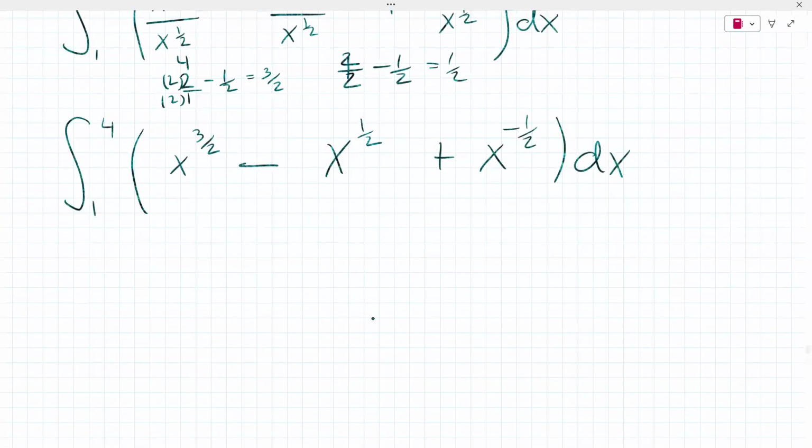Okay, and then you just take your integration rule. So what's the integration of x to the 3/2? Well, it's whole power plus 1, so 3/2 plus 1, which is x to the 5/2 divided by 5 over 2,